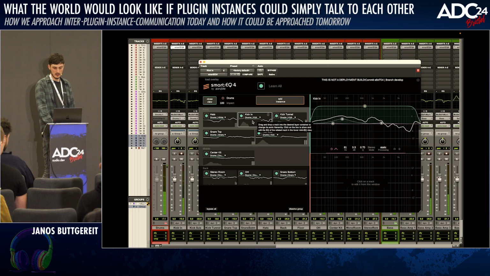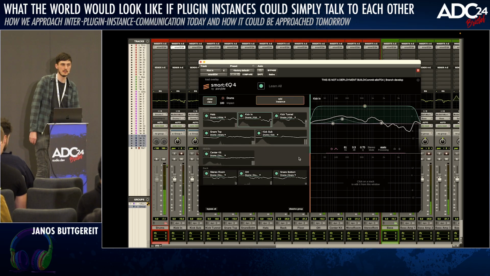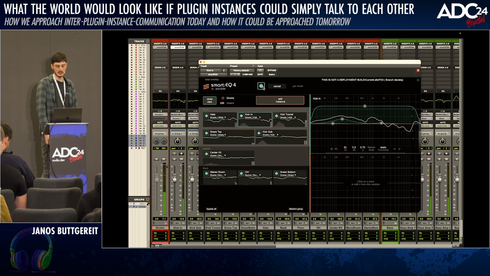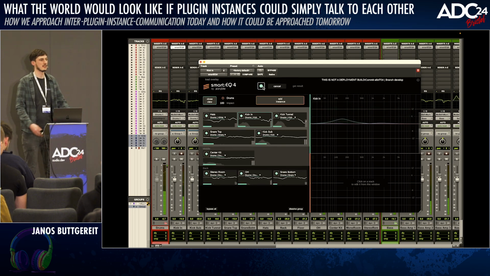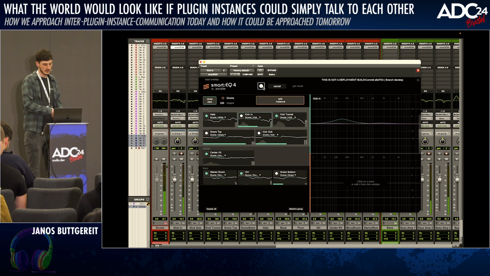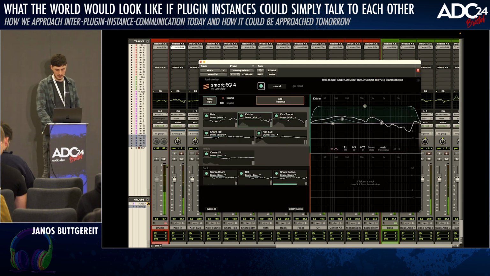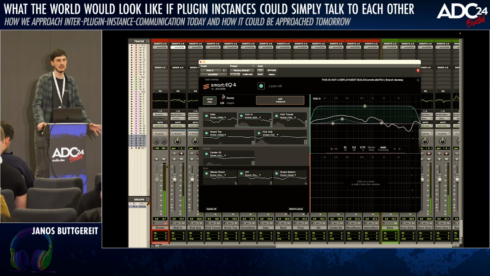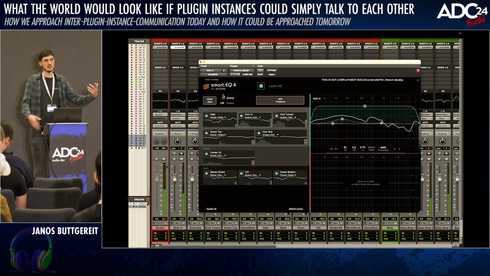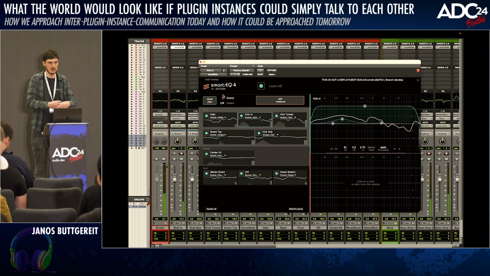And what is interesting now, you can see other instances here. You can see the analyzers and stuff like this. And we see they all have this kind of crazy smart responses. And I can hit Learn All. This will suddenly trigger the learn function in all the instances. All plugins will collect audio data and derive their own smart response from this. But not only a smart response local to this plugin, you can set this impact and you see them change in every instance. So we collected data from all the plugins, did a computation on the whole set of data we collected, and then do something fancy with it.